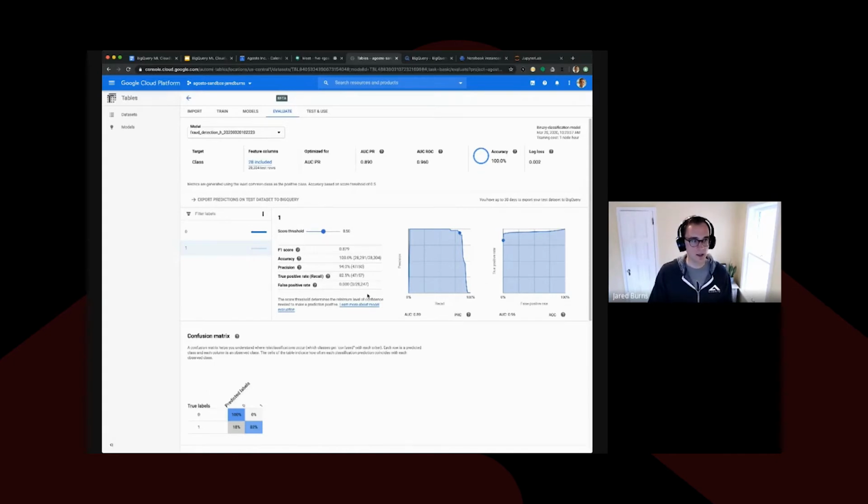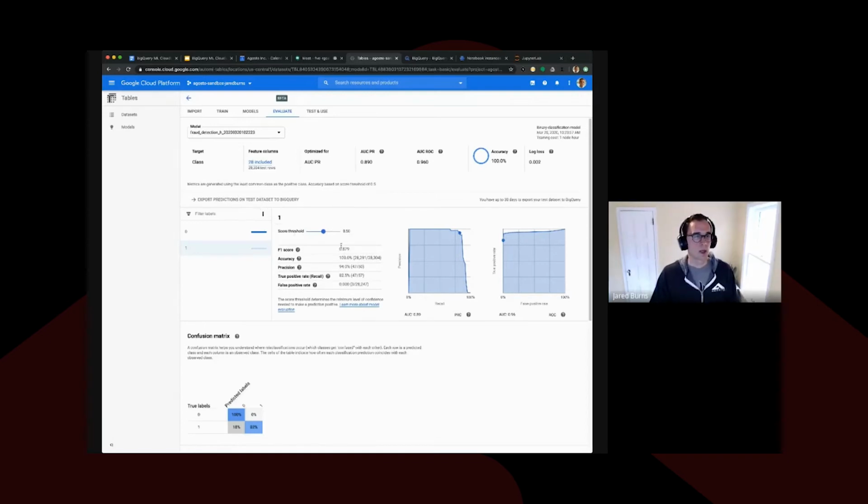Although this is a highly imbalanced data set, so you have to judge it in terms of how balanced the data set is. So the results look good, but it's also somewhat deceiving because in the raw data, there's only a very few level of fraudulent transactions. So we could get a very accurate model simply by just guessing that every single transaction was non-fraudulent. So you have to always judge it on that baseline of how balanced your data set is. Sure. So it does a lot for you, but you still need to understand a little bit about what you're trying to do and what the outcomes are going to be, right?